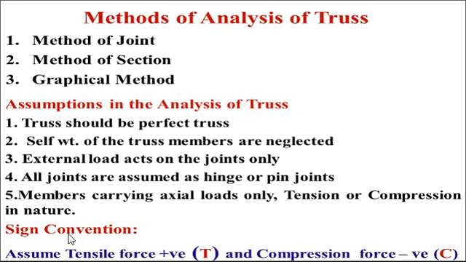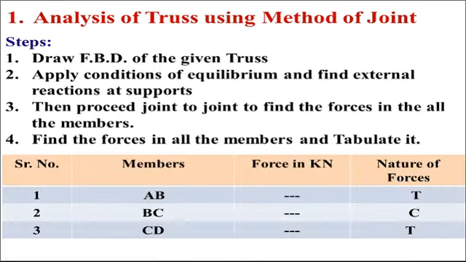And here we will assume that tensile force sign convention will be positive and compressive force will be negative. Whenever there is a negative sign, we will call that member compressive. If the answer for that particular member is positive, we will call it tensile. Tensile means acting away, it is pulling the joint. Compressive means pushing the joints. Push force, that arrow will be directed toward the joint. That is compressive. An arrow acting away from the joint will be tensile.